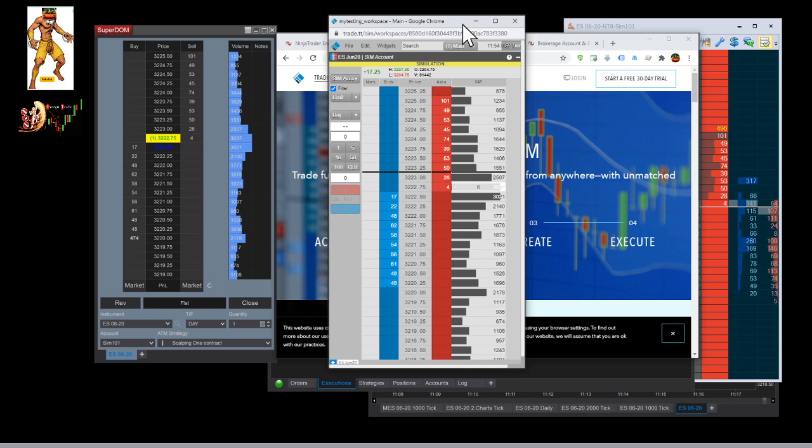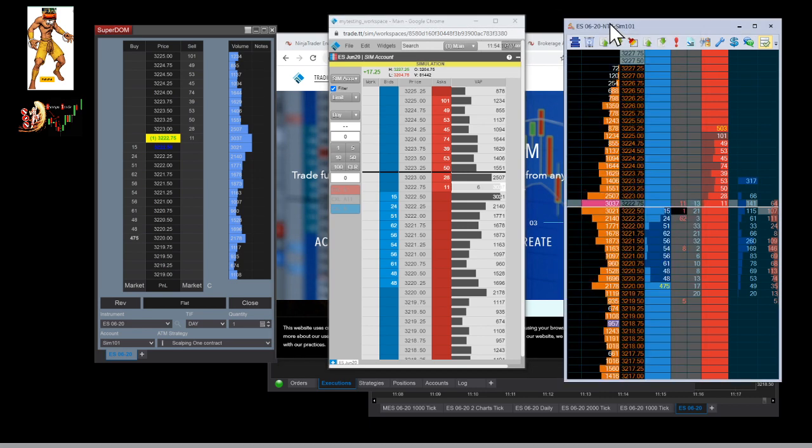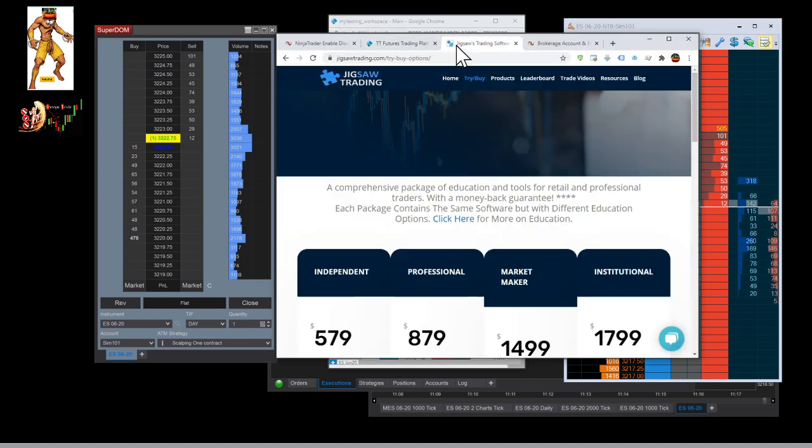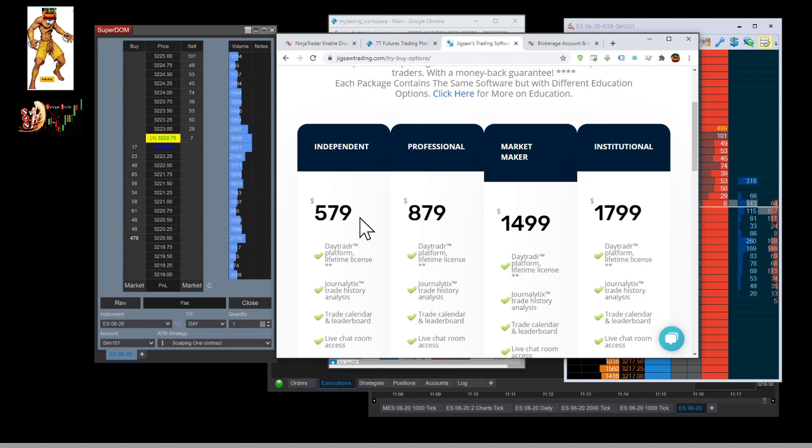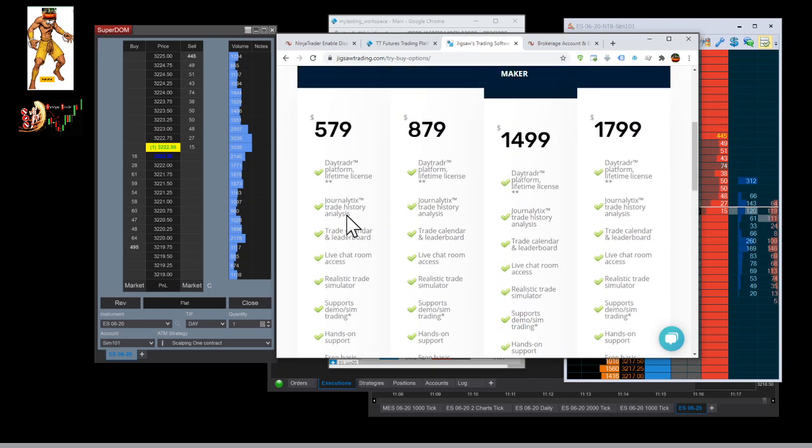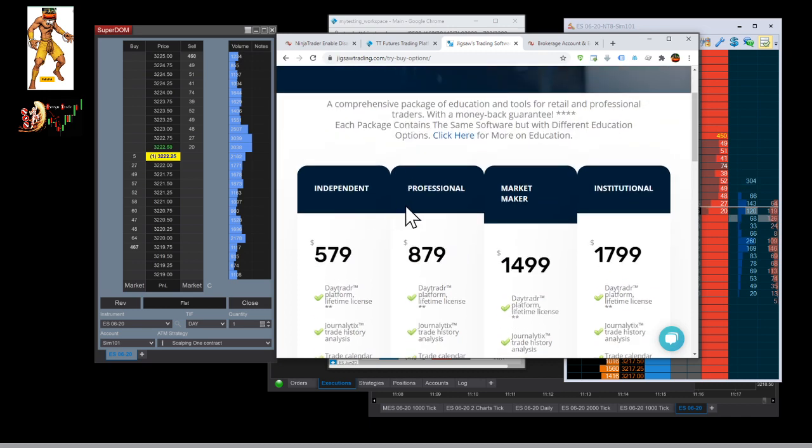Okay. Now again, I think this is a good tool, but it's not good enough for me. What I use is called Jigsaw, right? So Jigsaw is basically, again, I will put the tool. Unfortunately, Jigsaw is like $600. The lifetime license is $600, right? So if you are just starting, you are of course not going to be putting $600 for nothing, right? So first start by looking at the Dome of NinjaTrader. It will cost you maybe $15 per month. And in any case, you need to activate the level 2 data, okay?